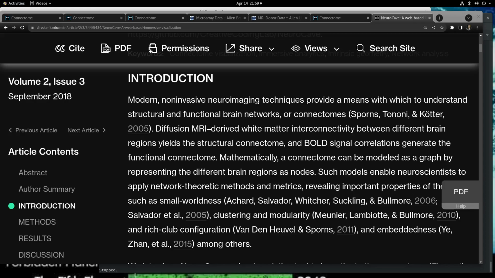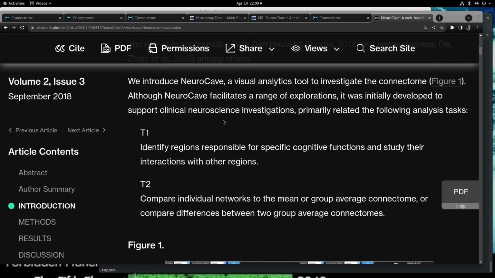Such models enable neuroscientists to apply network-theoretic methods and metrics, revealing important properties of the brain, such as small-worldness, Achard, Salvador, Whitcher, Suckling, and Bullmore, 2006, Salvador et al., 2005, clustering and modularity, Meunier, Lambiotte, and Bullmore, 2010, and rich club configuration, Van den Heuvel and Sporns, 2011, and embeddedness, Yi, Zhan, et al., 2015, among others. We introduce NeuroCave, a visual analytics tool to investigate the connectome, Figure 1. Although NeuroCave facilitates a range of explorations, it was initially developed to support clinical neuroscience investigations, primarily related to the